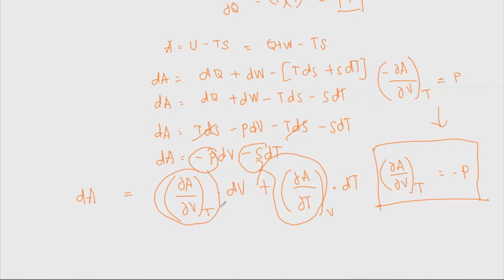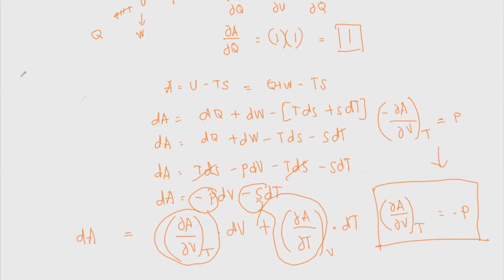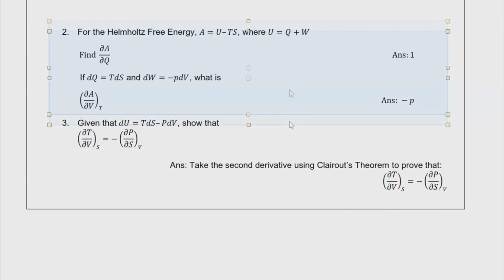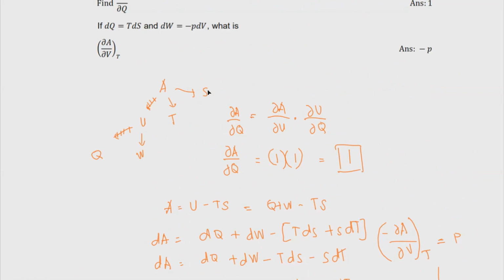So you set that as a constant so that you can actually differentiate or express the partial derivative of this total differential. Okay, so I think we're down with the last. This one I think is the most important